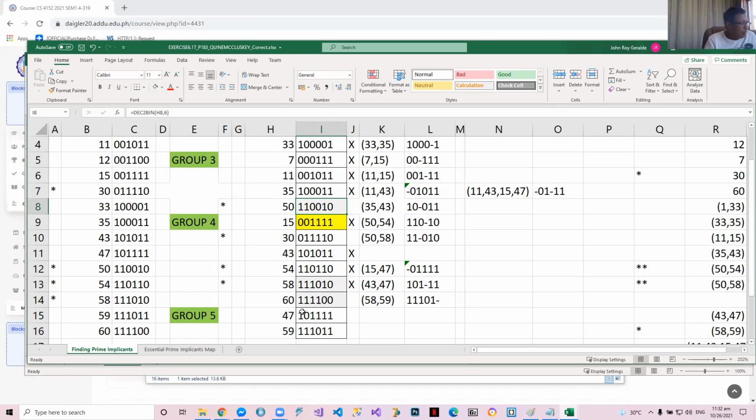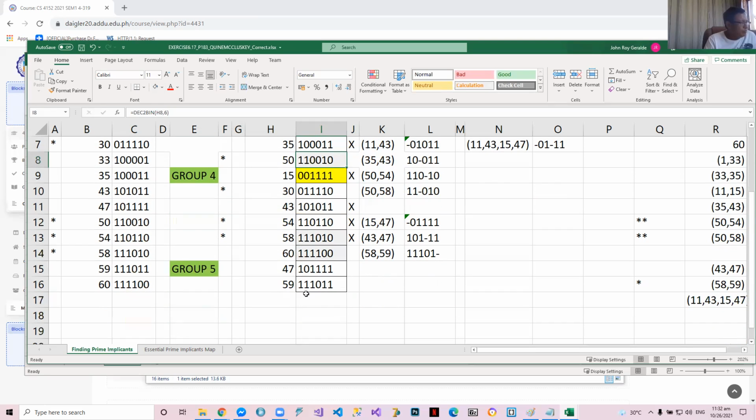We are going to compare each one of these to luckily only 2 members of group 5, no? Although 1, 2, 3, 4, 5, 6. So 6 times to 12 repetitions. Okay. So have this, no? 15 and 47, okay? Yellow this. Where do they differ? On the first. So 15 and 47, we'll take out 47, so we have dash, 0, 1, 1, 1, 1,